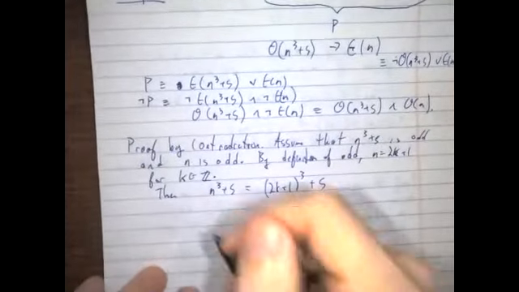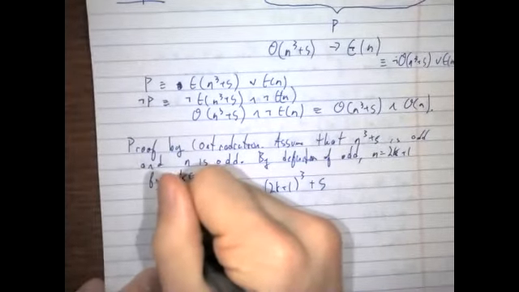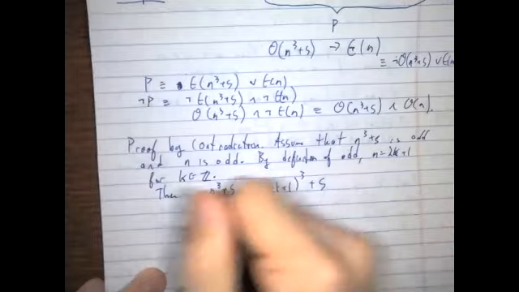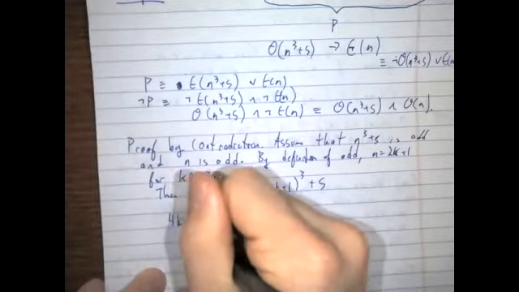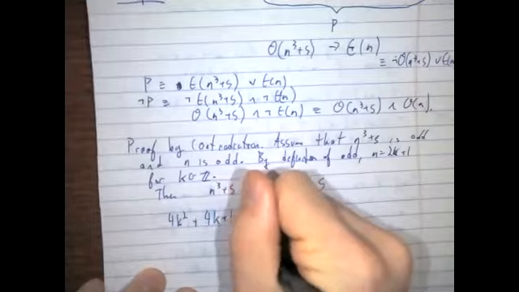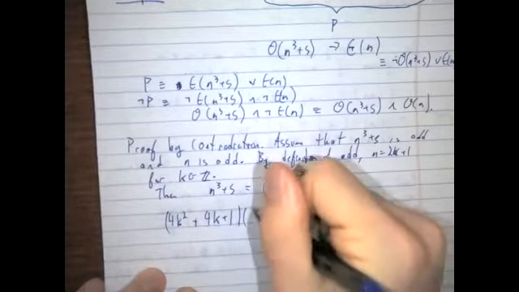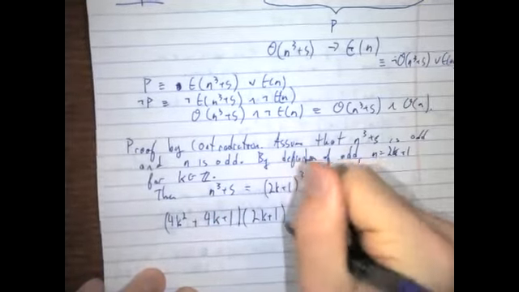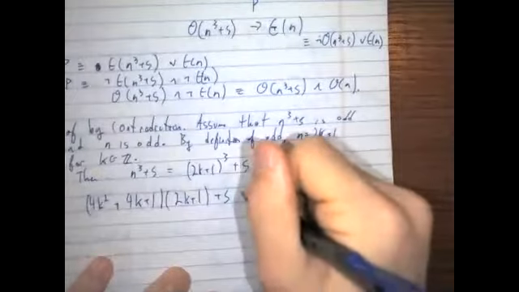And now we're going to have to do a little bit of math. So 2k plus 1 squared is going to be 4k squared plus 4k plus 1, times 2k plus 1 plus 5 is equal to,